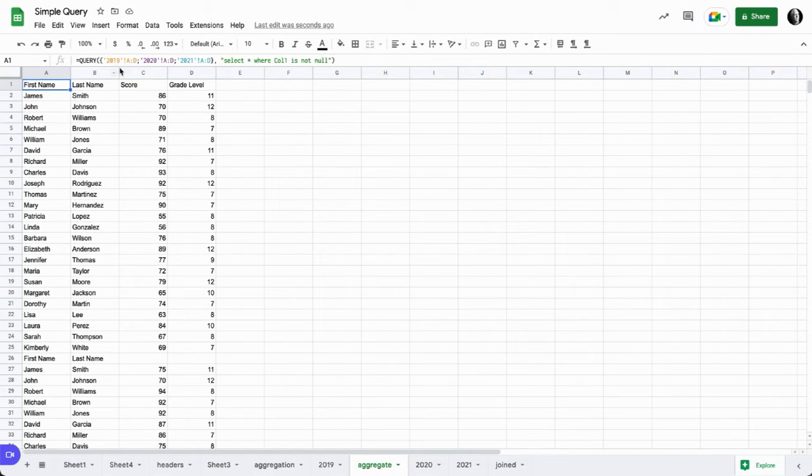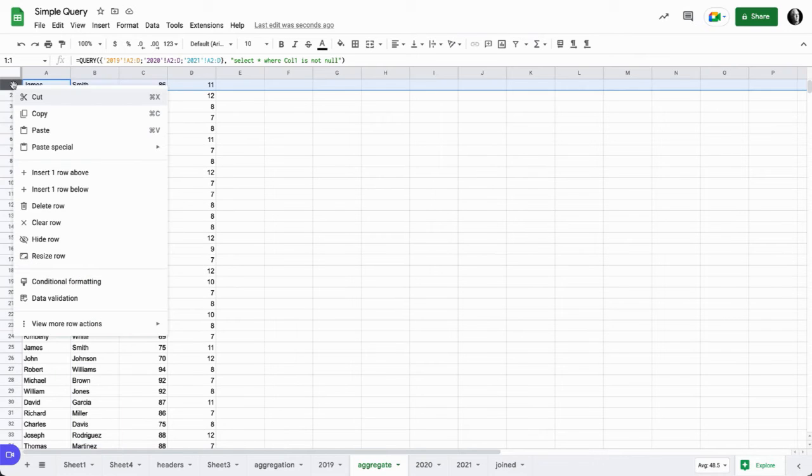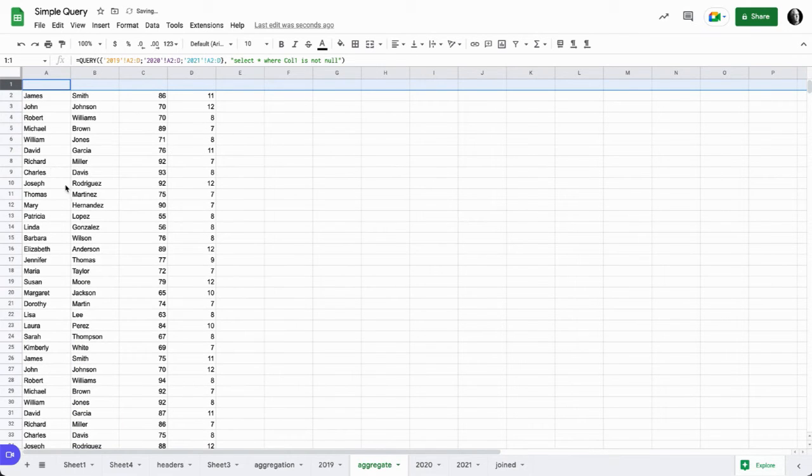So we still want to get rid of all those headers, and so the other solution that we have shown in the past, and what we'll use here, is to just collect the data from A2 to D. And when we do that, the query realizes that there is no header data, and we actually now get the data set we were looking for, which should show us 72 different